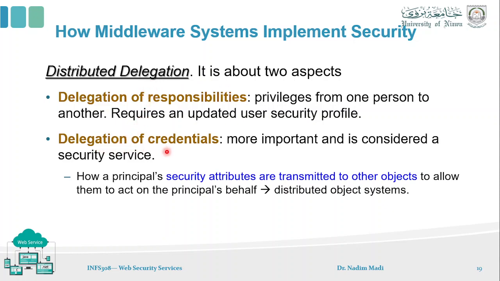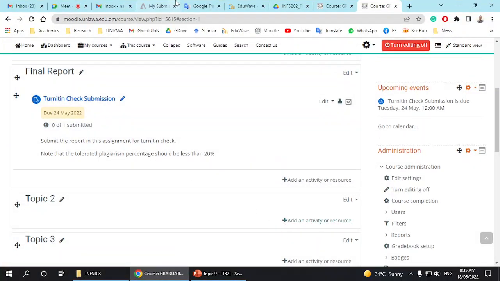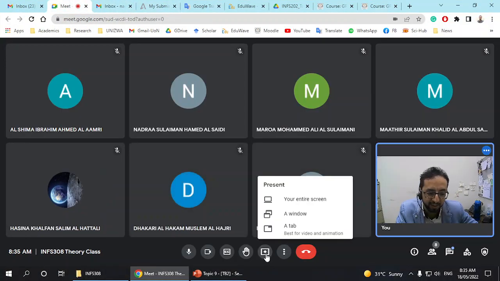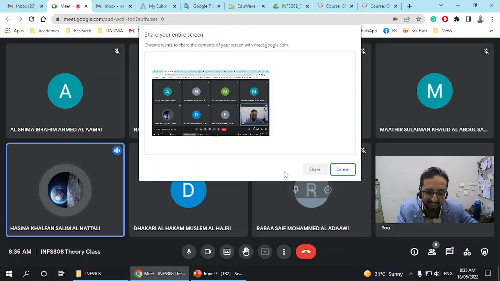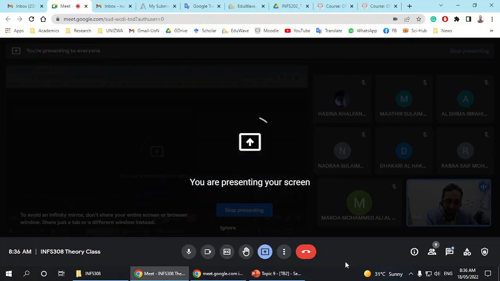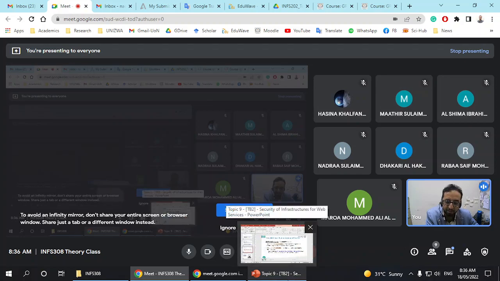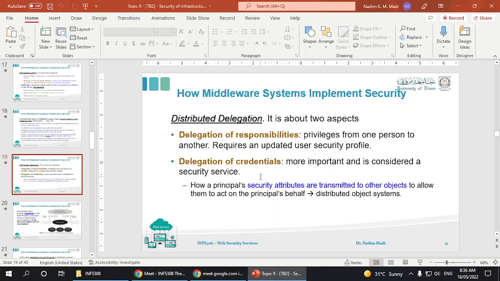Delegation of credentials. That's actually to enable the... excuse me دكتور. Yes. أنت تفضل. مشارك معنا الشاشة؟ It's very good that you noted now, after half an hour. لا دكتور نبيتك من البداية في الشات وأنت ما شفته. آه يعني لو تكلمت بالأول كان أفضل، as you see I'm not really referring to the chatting. Anyway, من حسن الحظ إنه صراحة أنا مسجل السيشن هاي. So I guess the session will be captured and I will send you the video. Is my screen clear to you? Yes نعم. تمام شكرا حسينة.